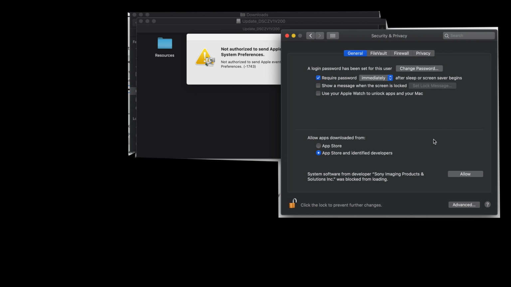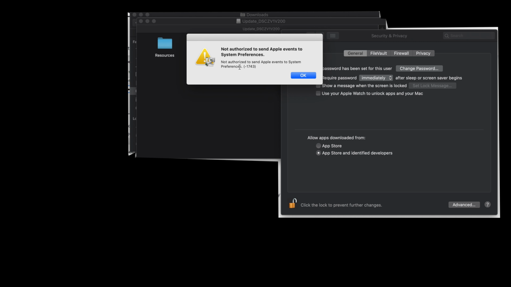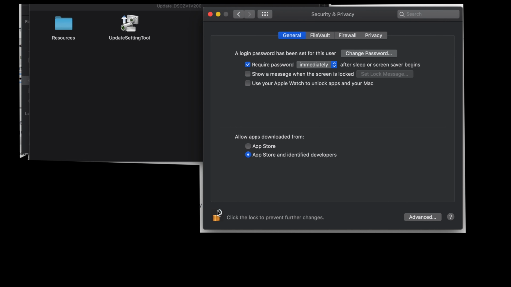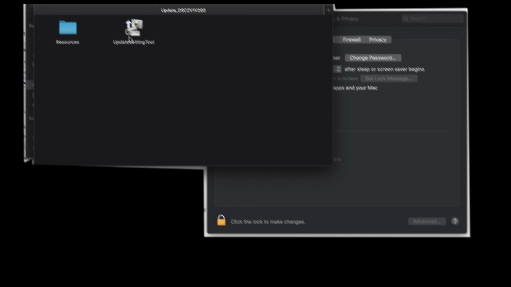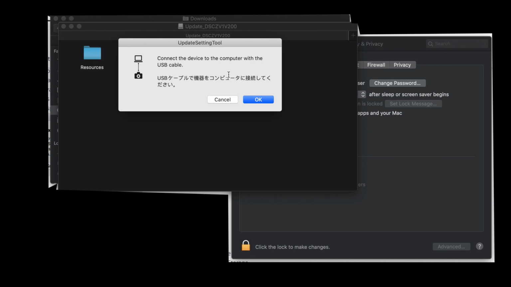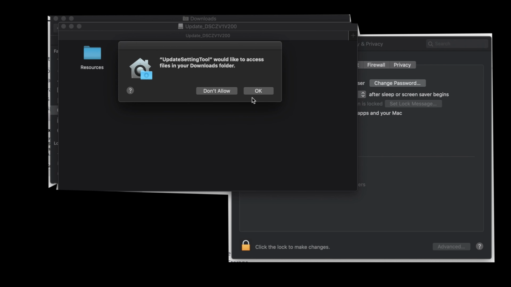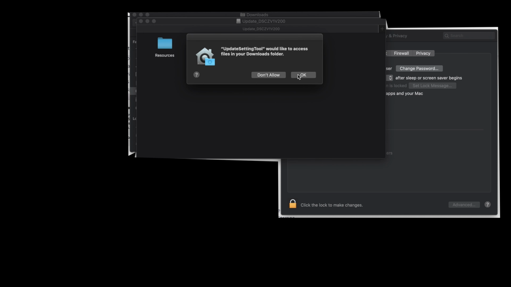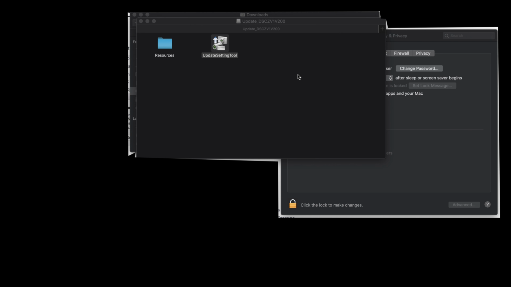Once that's inputted, you want to make sure that you select this allow button because this will allow the installation to go ahead and move forward. Then you want to select the lock button to lock that back up and then select the tool to install. Now you may be asked to enter your computer's password, but then you'll see this pop-up to select OK. Select OK again to have this saved to your downloads folder, and you can remove it later.